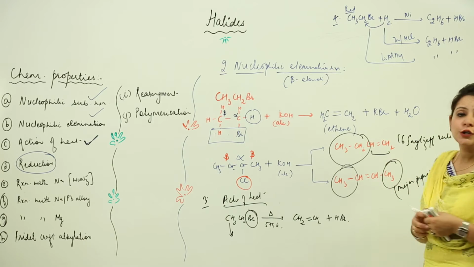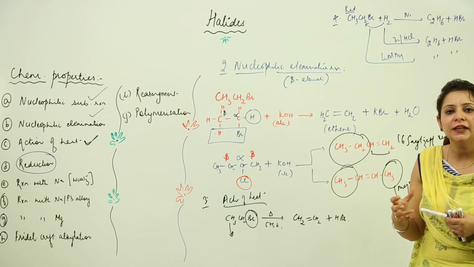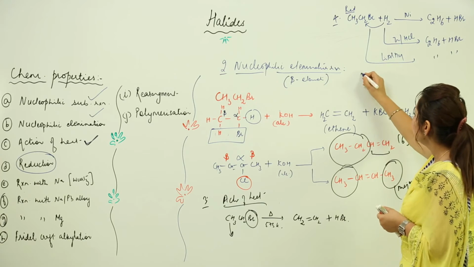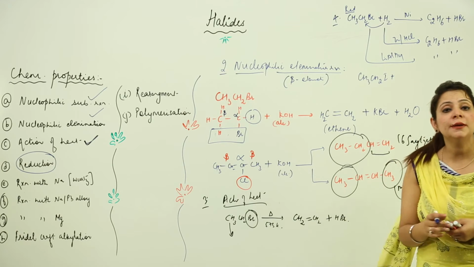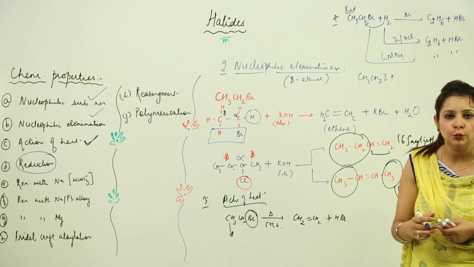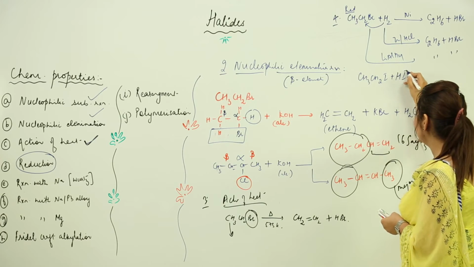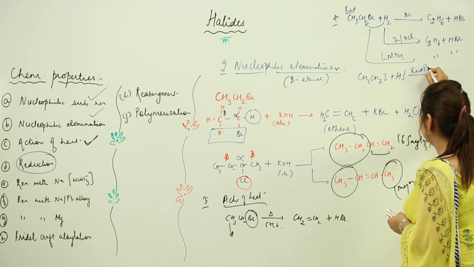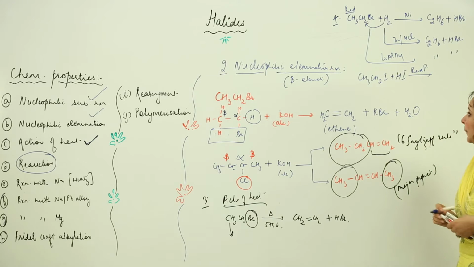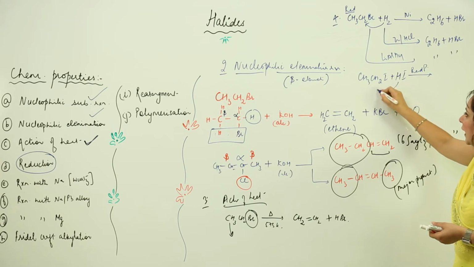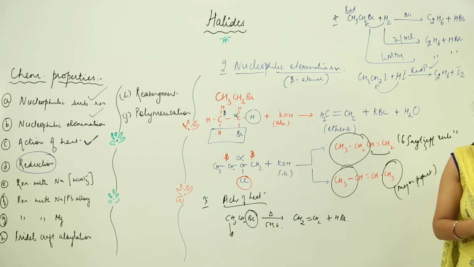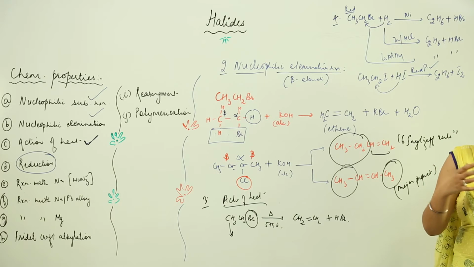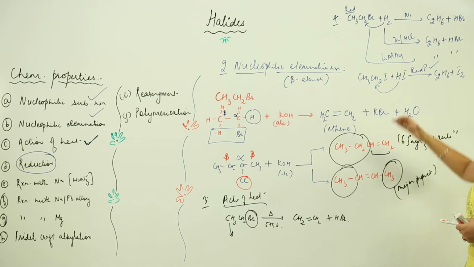But whenever you want to carry out the reduction of, let's say, ethyl iodide, we are going to carry out reduction. You need to keep in mind that we cannot add H2 directly to it. We add hydrogen iodide and there should be a presence of red phosphorus. But this reaction takes place in the same way. H attaches at this place, we get C2H6 and I as I2. And this red phosphorus combines with I2 and prevents the reaction from becoming reversible. So this is the reduction.